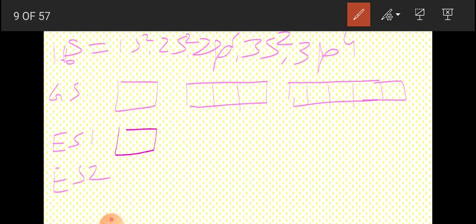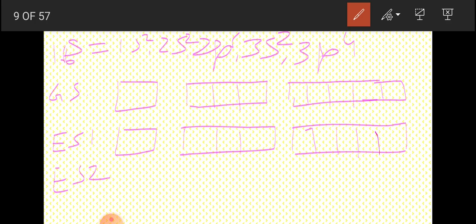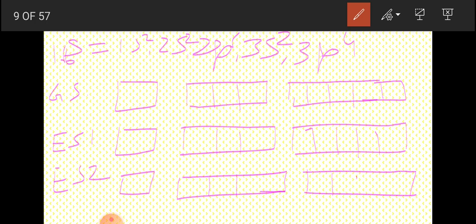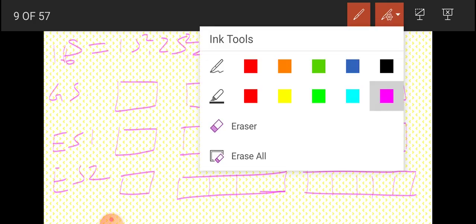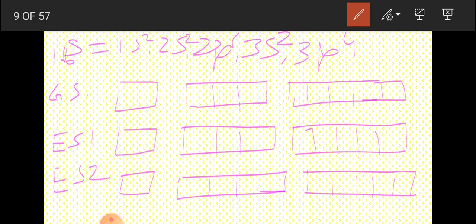Means first excited state, first I will draw, then I will show you. In second excited state, okay, in ground state,